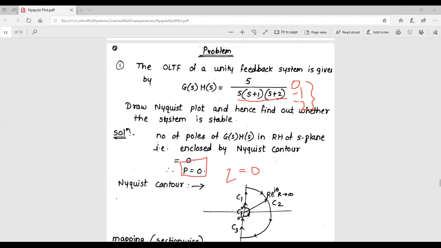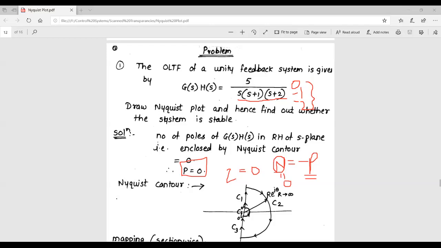Now, from the Nyquist criteria, if you remember, N is equal to Z minus P, and Z has to be 0. So we have the modified Nyquist criteria: N is equal to minus P. So in the end, we will see how many encirclements there are around the critical point, and that has to be equal to minus P. In this particular case, the value of P is 0. So we know that for the system to be stable, the value of N has to be 0. That means there are 0 encirclements around the critical point.